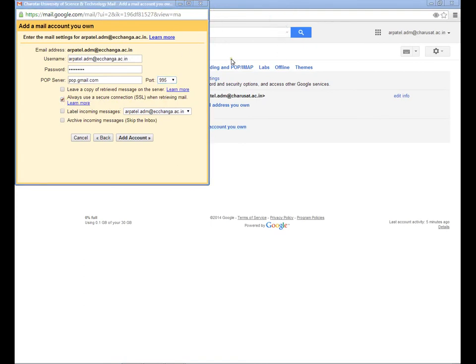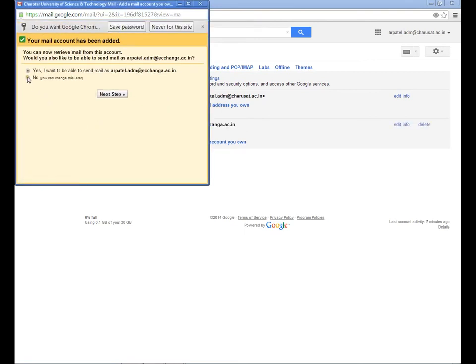Let me remind you once again, you have to log in with your ecchanga address. The POP server address should be pop.gmail.com, the port number should be 995, and you have to select this option. Add account.